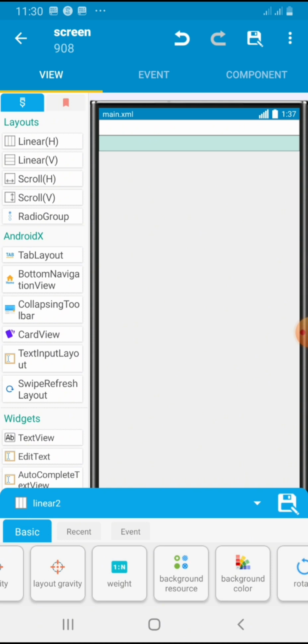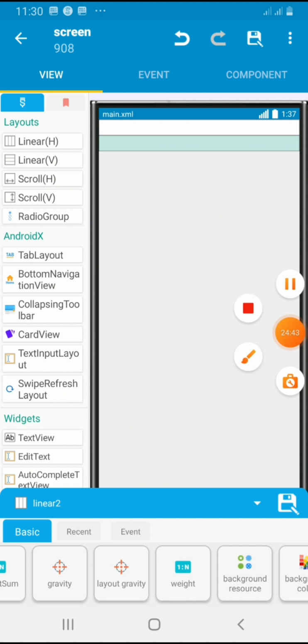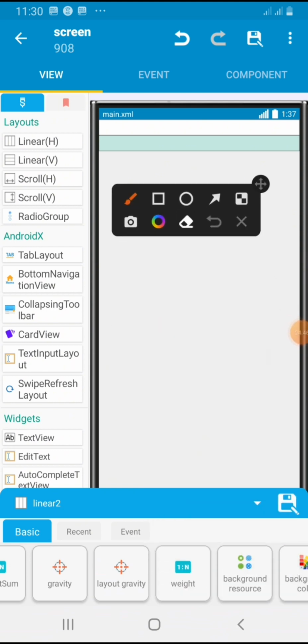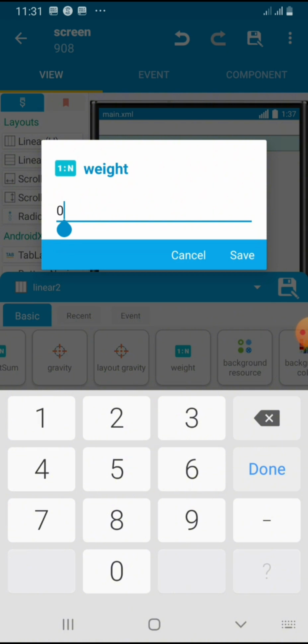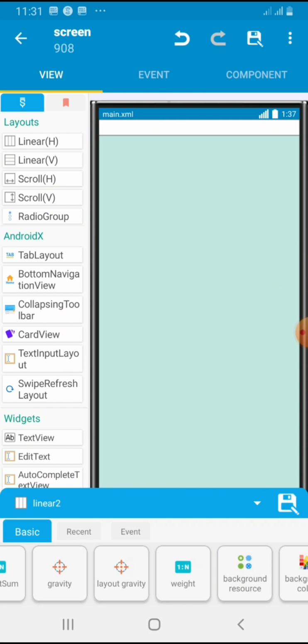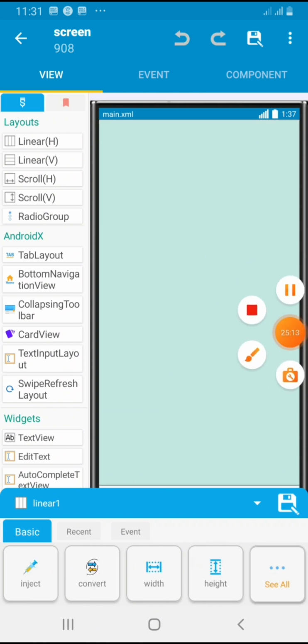Okay, when you click on it, then click on weight and type in 50. This is weight. You type in 50. Our reason for doing that is so that the second linear will be pushed to the bottom. All right, you delete that 0 and type 50. Now that you've succeeded in doing that, to check where the second linear is, you go back by